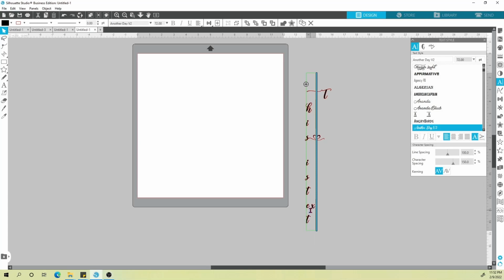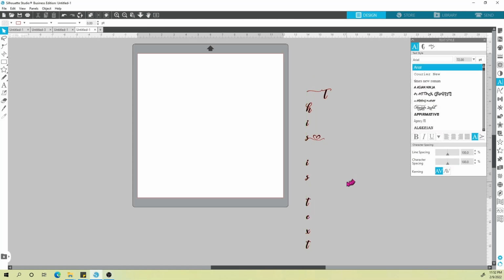So the other thing that you can do is to do your character spacing and just space them further apart. That way the E and the X are moved further from one another. And now you'll see that the spacing for each word is consistent with the space in between. So obviously if you have a less kind of clunky looking text,